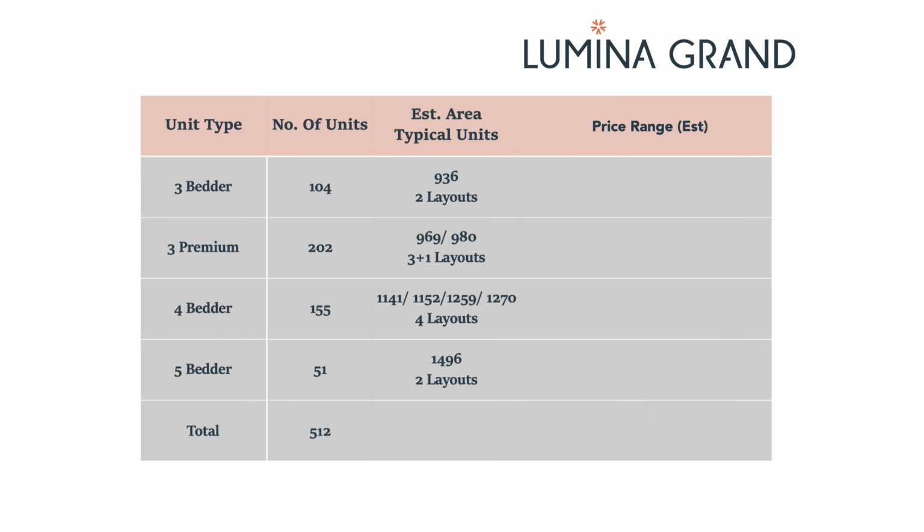$1,480. So let's plug this figure into the units at Lumina Grand, and we will have the 3-bedroom units at around 1.385 million, 3-bedroom premium from 1.434 to 1.45 million, 4 bedrooms from 1.688 to 1.879 million, and 5 bedrooms